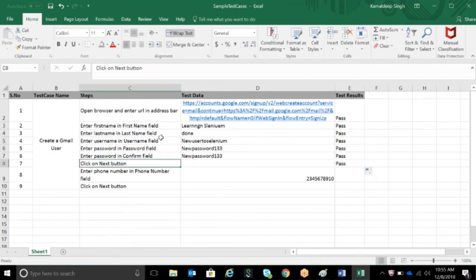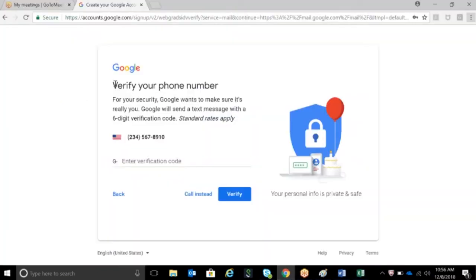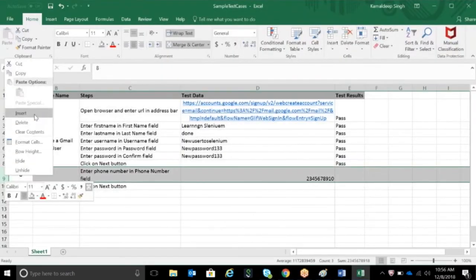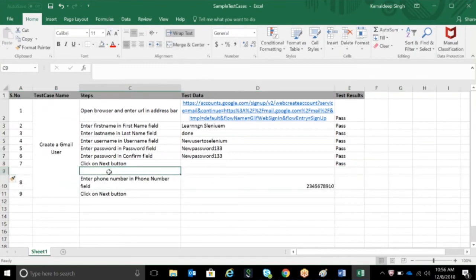Okay, for example, till this point everything got passed, but at this point, when I am saying that after entering last name, username and all those, and I click on next button, I need to see this field, but this field is not coming. It took me to Gmail login page directly, for example. And we are expecting this page to open.